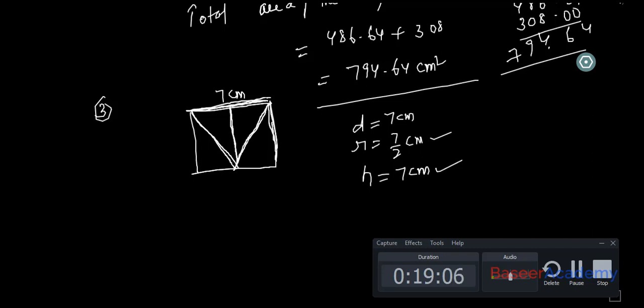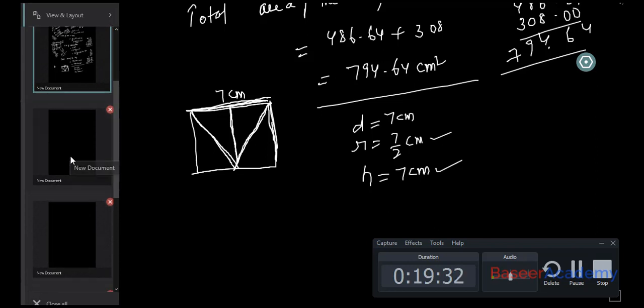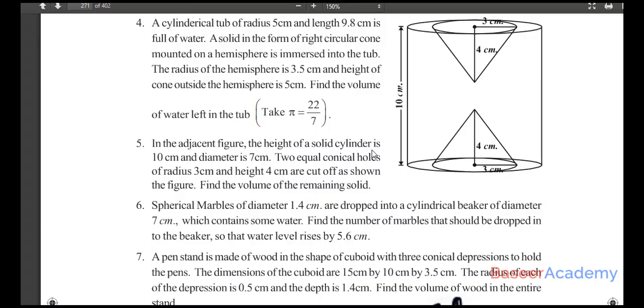The largest possible cone that can be cut out from this cube will have a diameter equal to the length of the edge of the cube, and it will have a height which will again be equal to the length of the edge of this cube. Okay. So r would be 7 by 2, h would be 7. Use the formula 1 by 3 pi r square h and find out the volume of the cone. Question number 4 says a cylindrical tub of radius 5 centimeter and length 9.8 centimeter is